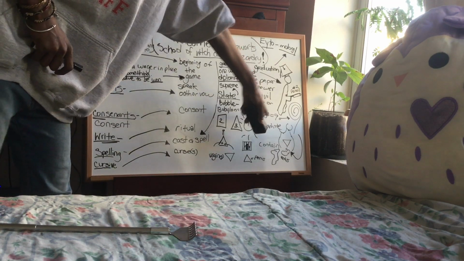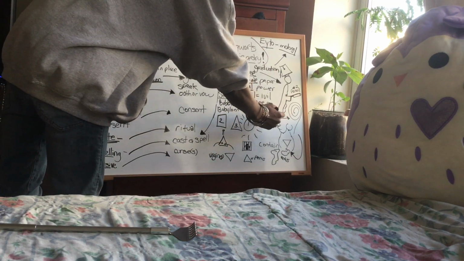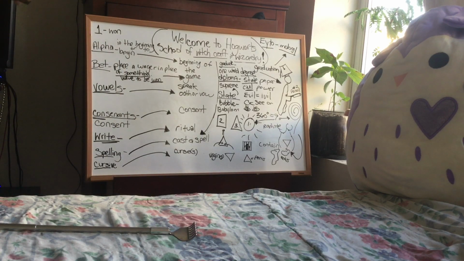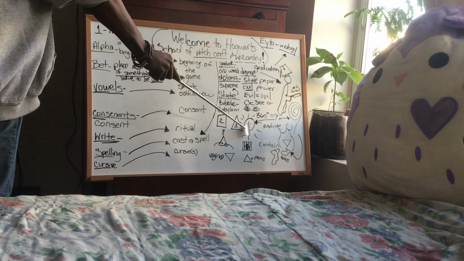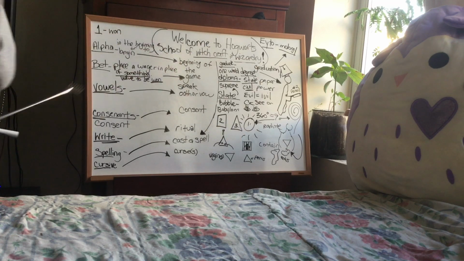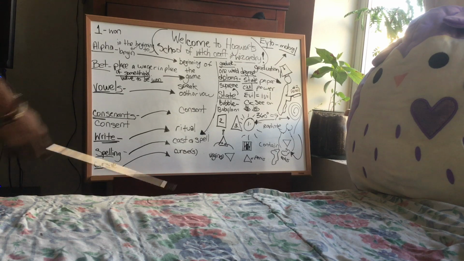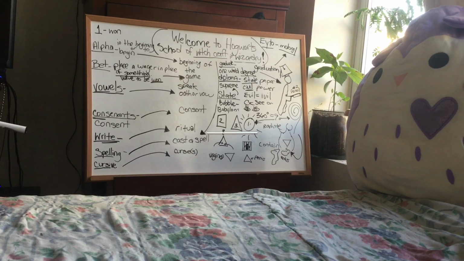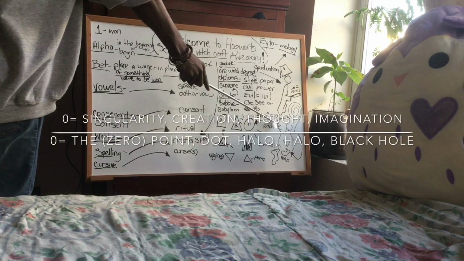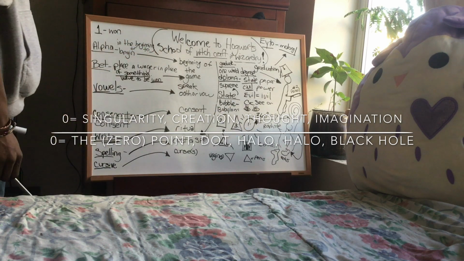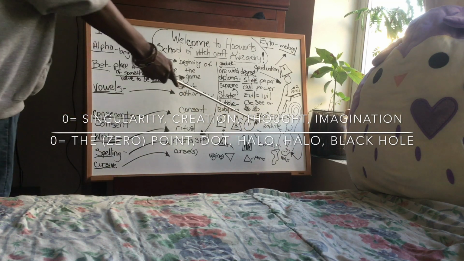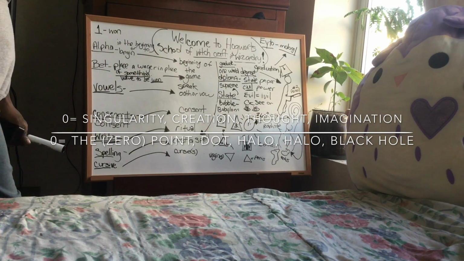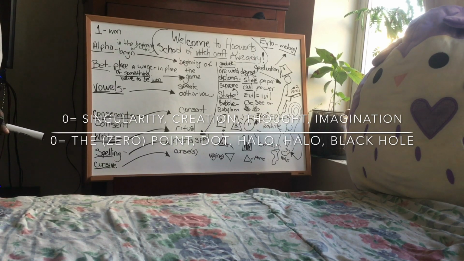9 represents the first, which is what? Creation, birth. All things come from 1, and then from 1 comes 2, from 2 comes 3, and so forth. The first shape to ever come into existence is a circle, because in the circle you can put every other shape. And like I just explained to you, 9 represents birth. So 1 or 0 and 9 are pretty much the same thing in esoteric terminology or meaning.